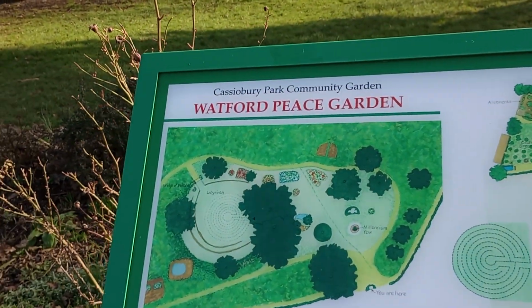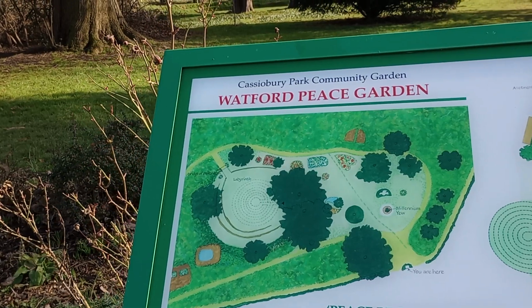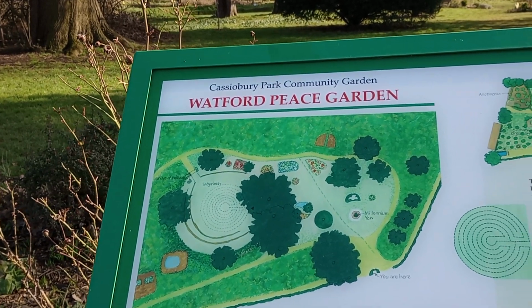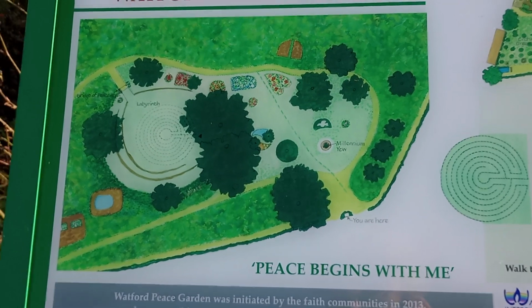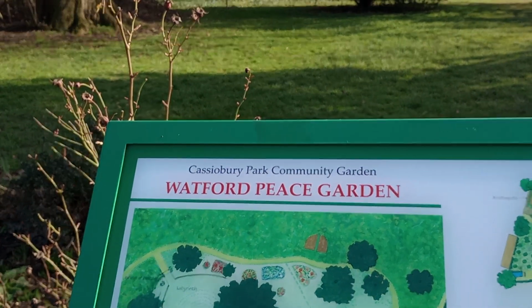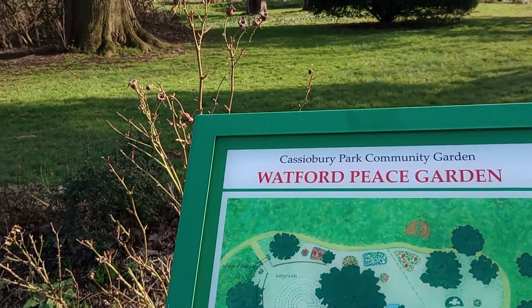I don't think it's very big, it's in front of me, and the entrance is between two horse chestnut trees. Not really sure where the entrance is. I know where I am because it says "you are here," and in front of me, slightly to the right of that tree, there's a Millennium Yew, or so it's called, and over to the left there's a